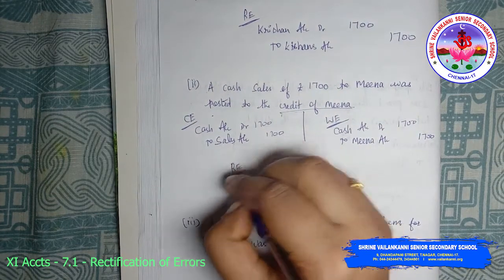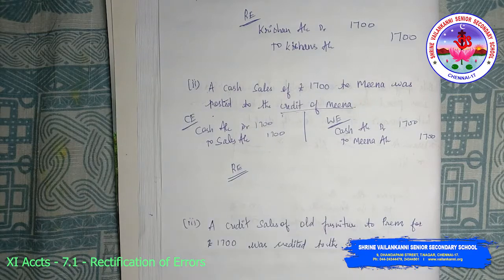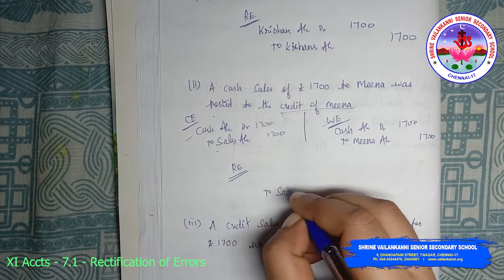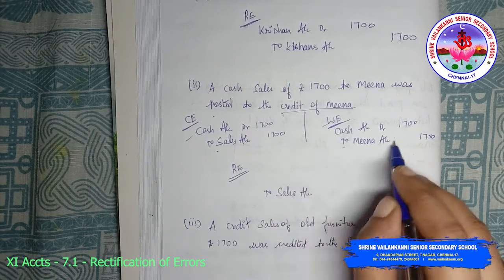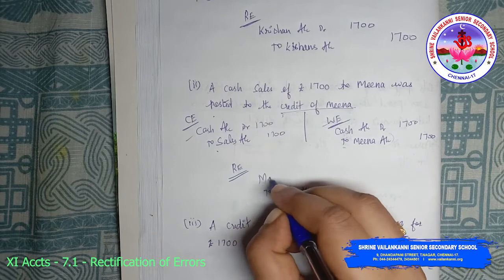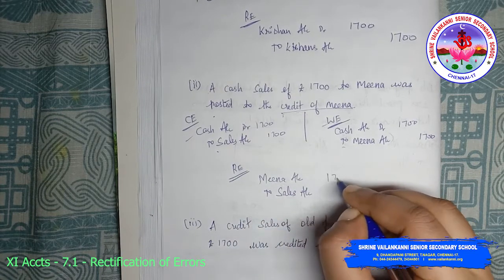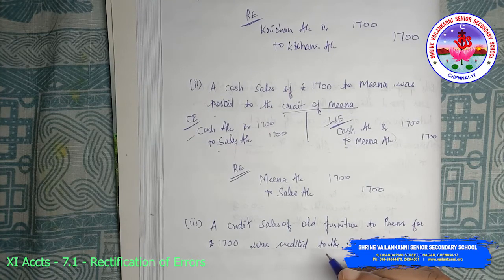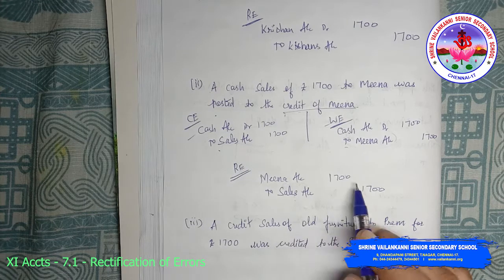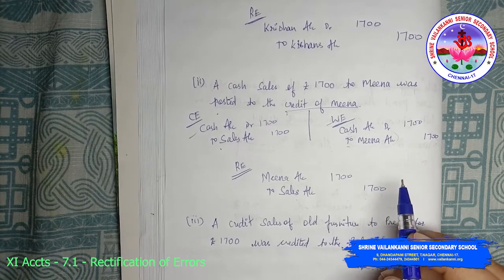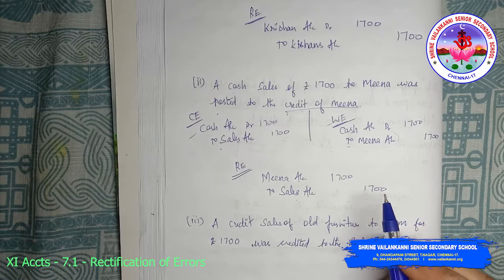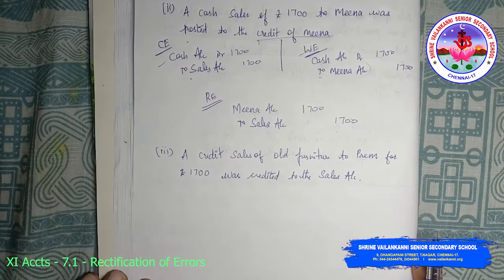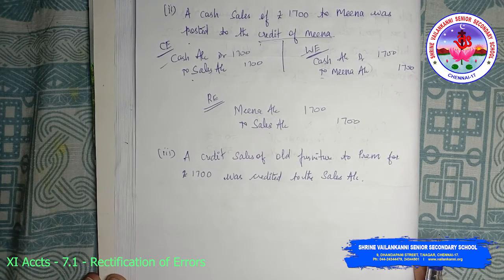What is the rectifying entry? Cash is right. What is to be actually credited to sales? What is wrongly credited has to be debited back. Meena account 1700. So this entry is over. So Meena account to sales account 1700 and 1700. So this is over. The next one, a credit sales of old furniture to Prem for rupees 1700 was credited